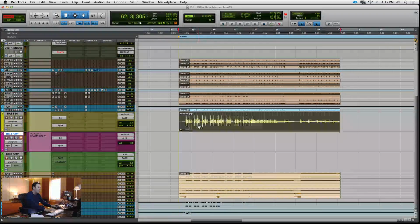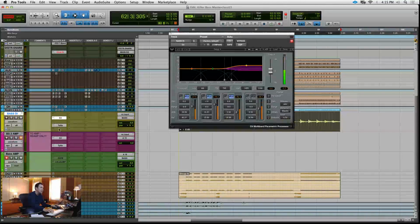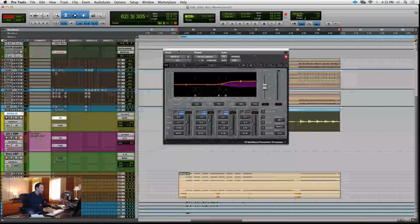We're gonna take one of these parts. We're gonna listen to how it sounds with the bass in the current state. It only has a C4 plug. This is the DI, and some, well, this is just a tape or whatever, but